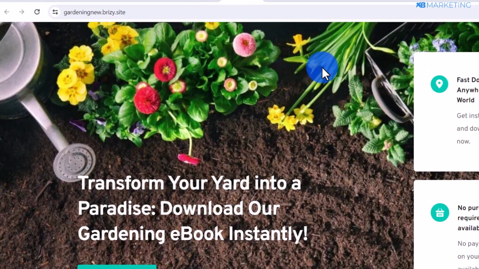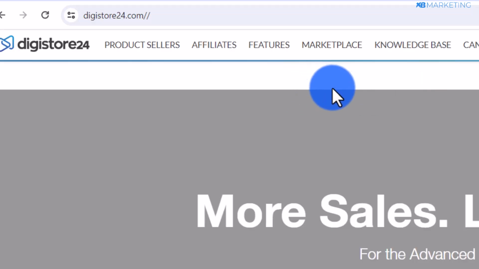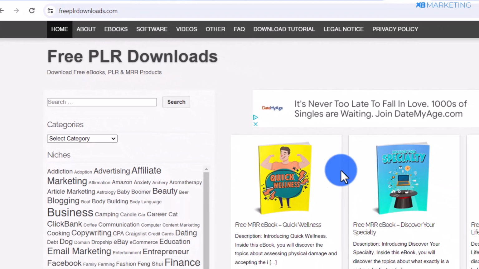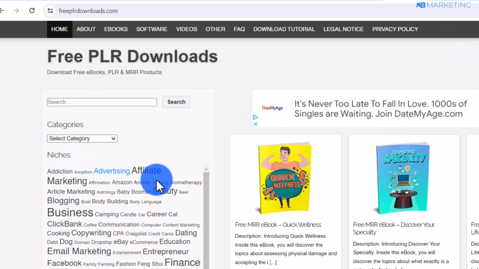And for those who don't know, you can use this method to drive traffic to CPA content lockers or CPA offers. And you can also use this to make money by selling digital products on Digistore24 or on ClickBank. All you need to do is come over to freeplrdownloads.com, and you can use any of these ebooks for absolutely free. So once you download this ebook, all you just need to do is create a content locker,